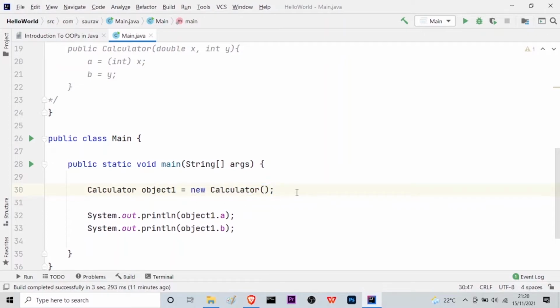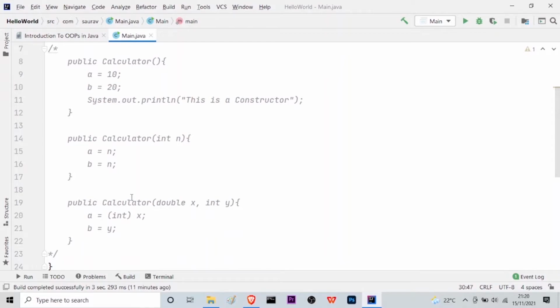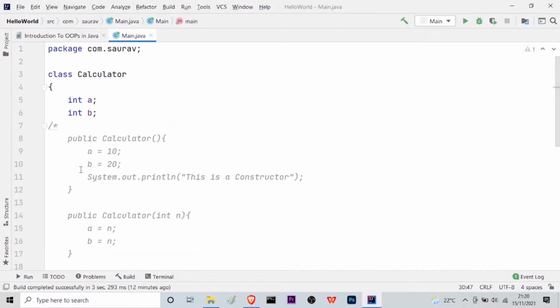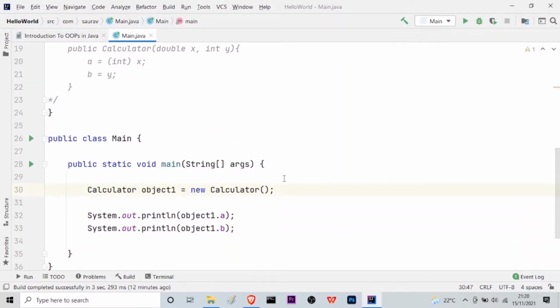Now as soon as we instantiate or create a new object of any class, the constructor is called. And as I told you, there are two types of constructors, default and parameterized. You can see here, I have not created any constructor because all this part of the code is commented out, so it will not be executed by the compiler. So now, as I told, if you don't have any constructor inside a class, then a default constructor is created by the compiler for you. The Java compiler does it for us.